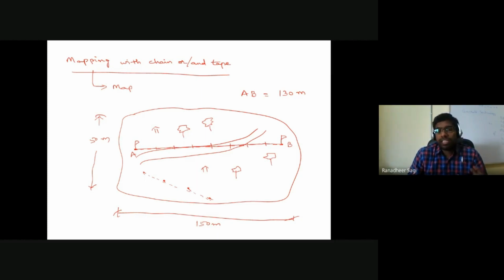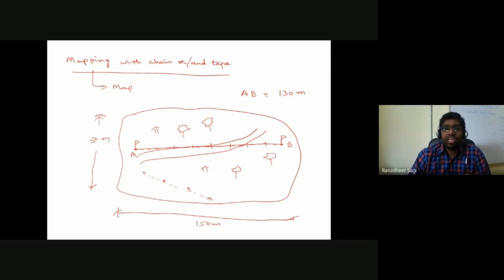which I am getting as, let's say, something like 130 meters. Now, once I understand what my control station points are and what my control line is. Control line is nothing but your survey line, which you are going to be using. That's your AB line. Okay. So you are going to use the AB line as your reference line for locating the positions of various objects existing in that particular site. Okay.